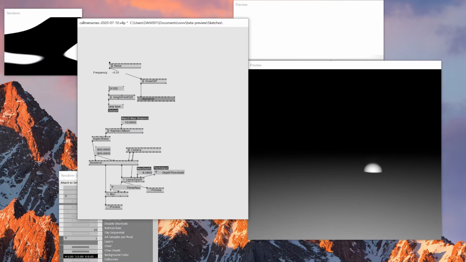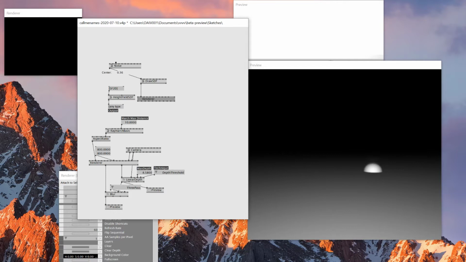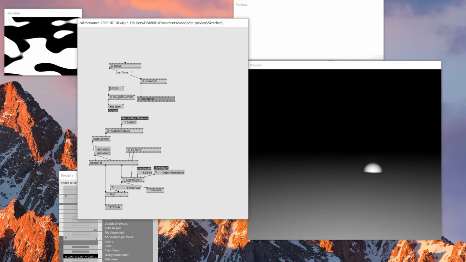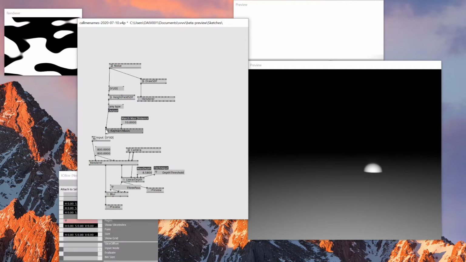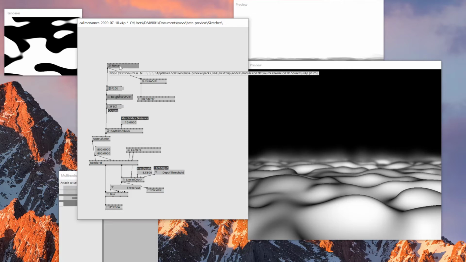So if we change the frequency, it changes. If we change the amplitude, it changes. Center. So try to figure out the shape that you want to use for now. Okay, so I'll say this is what I want. And then what we can do is we can connect this one to HeighFieldSDF, and then we'll output this one to ray marching basic. Takes a bit of time, but once it's done,